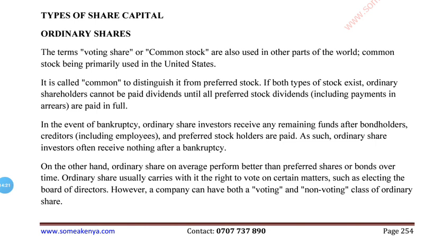If both types of stock exist, ordinary shares cannot be paid dividends until all preferred stock dividends, including the payments in arrears, are paid in full. In the event of bankruptcy,